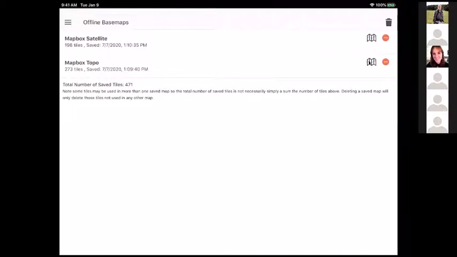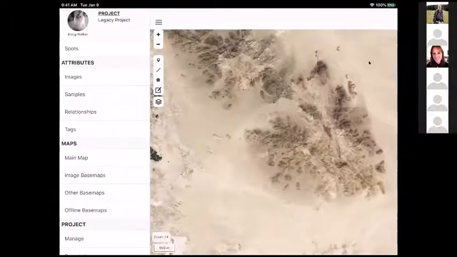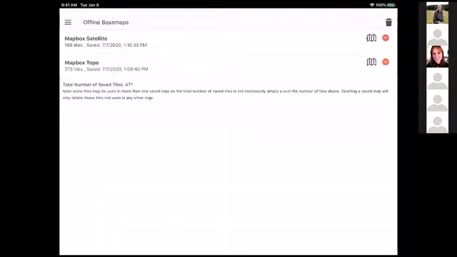If I wanted to, I could zoom to the area or zoom into either one of these by hitting the map by the name. So again, offline base maps, I can hit this map. I can also delete the map off if I wanted to as well.